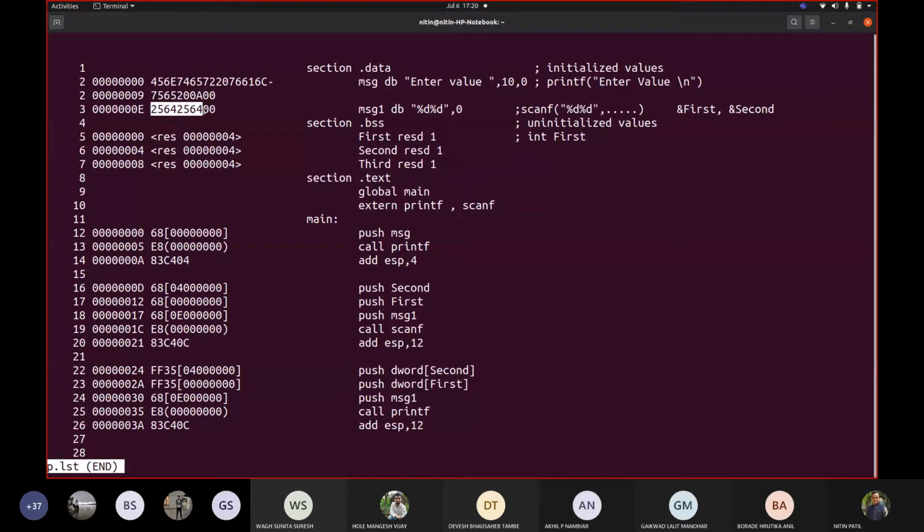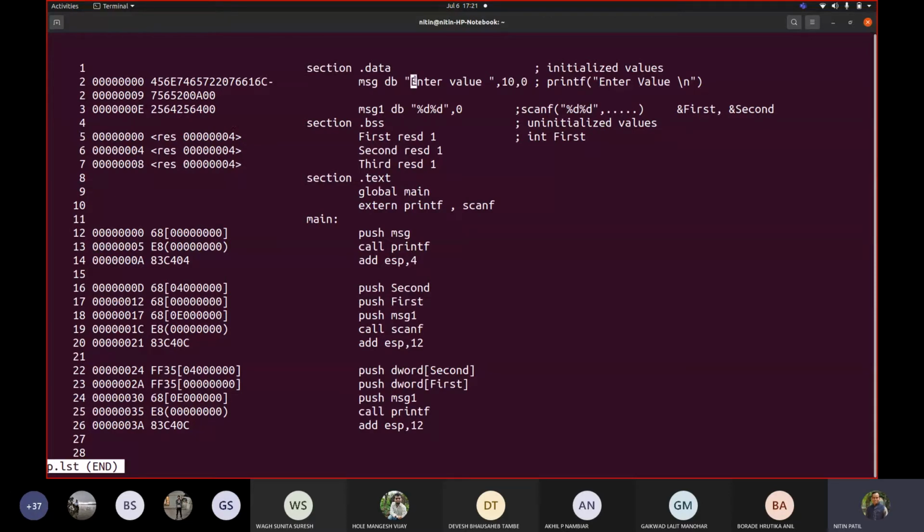Correct? Similarly, if I go here, it says the address is 0, it is first. How many bytes are to be reserved? So you said resd 1. That's why it says the size is going to be 4. Next, you said it started at 0, so the next address would be 0, 1, 2, 3. So the next address is 4. 4, 5, 6, 7. The next address is 8. 8, 9, 10 means A, B. So if I add one more variable, it will have B there. Correct?